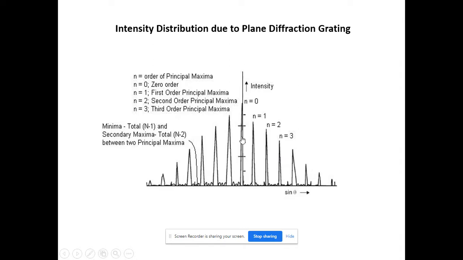And in between any two principal maxima, there are N minus 1 minima also. These are the secondary maxima also. The derivation for secondary maxima I will tell in the next lecture. So we have this N minus 1 total minima. And this intensity distribution curve I will explain in the